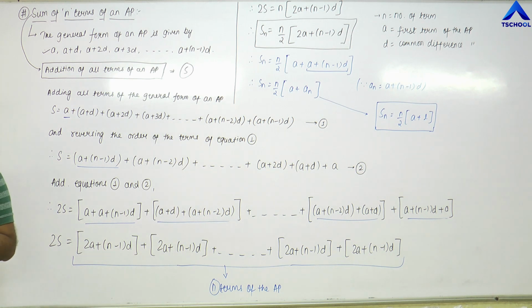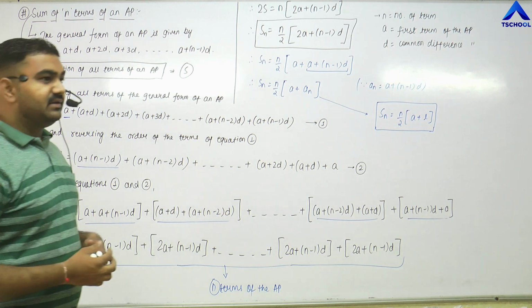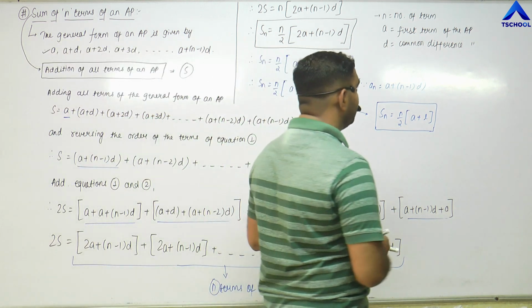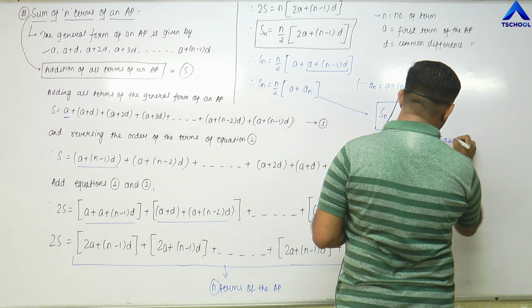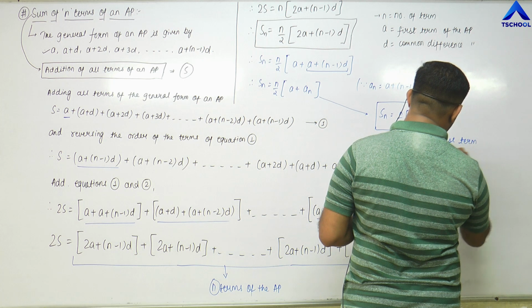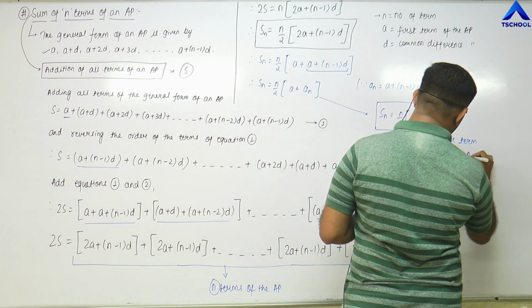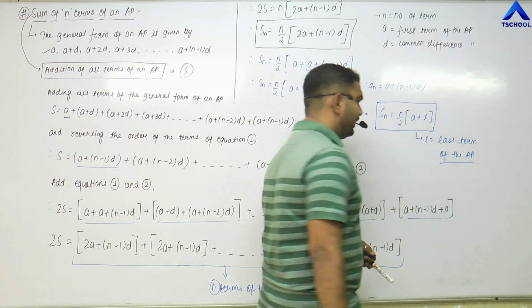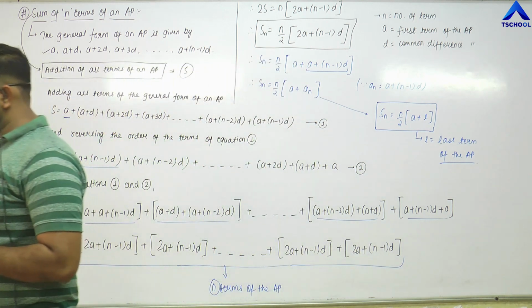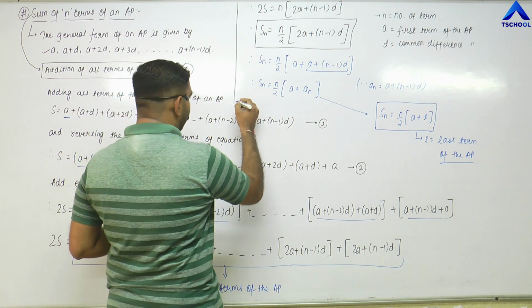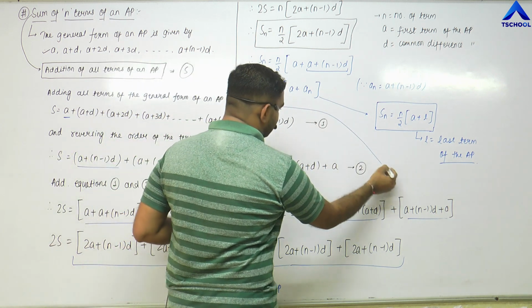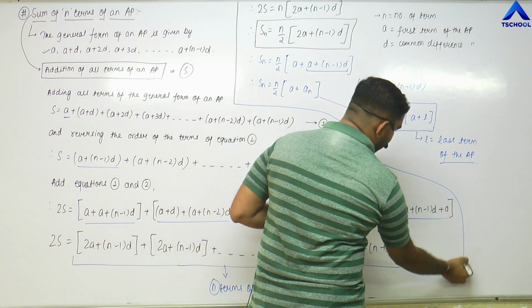But here the condition goes like with given last term, because here L equals the last term of the AP, right, where L equals the last term of the arithmetic progression. Is it clear, friends? So this is how you can continue with the formula that Sn equals n by 2 into 2a plus n minus 1 into d, right?